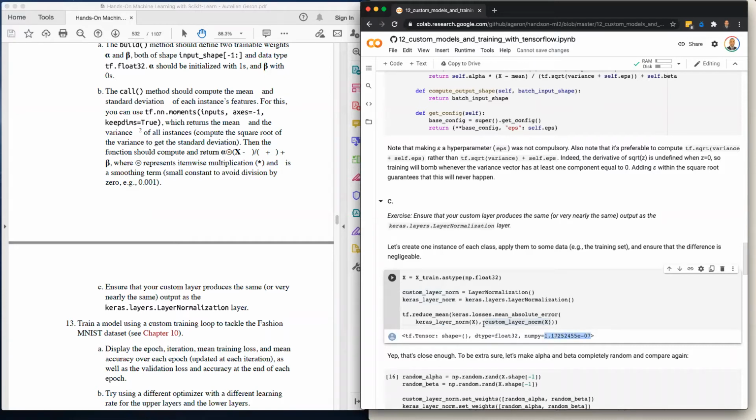So that proves that the layer normalization we have defined here is more or less similar to the existing